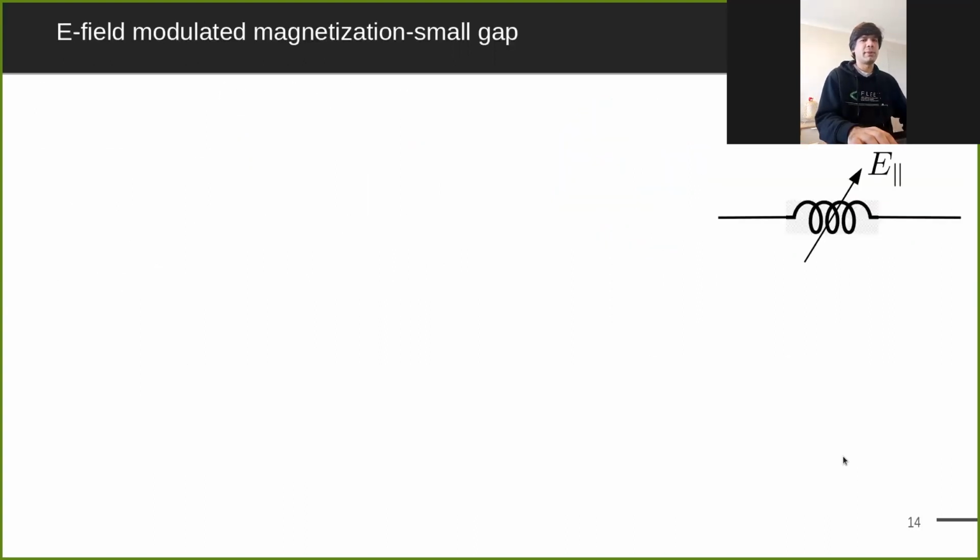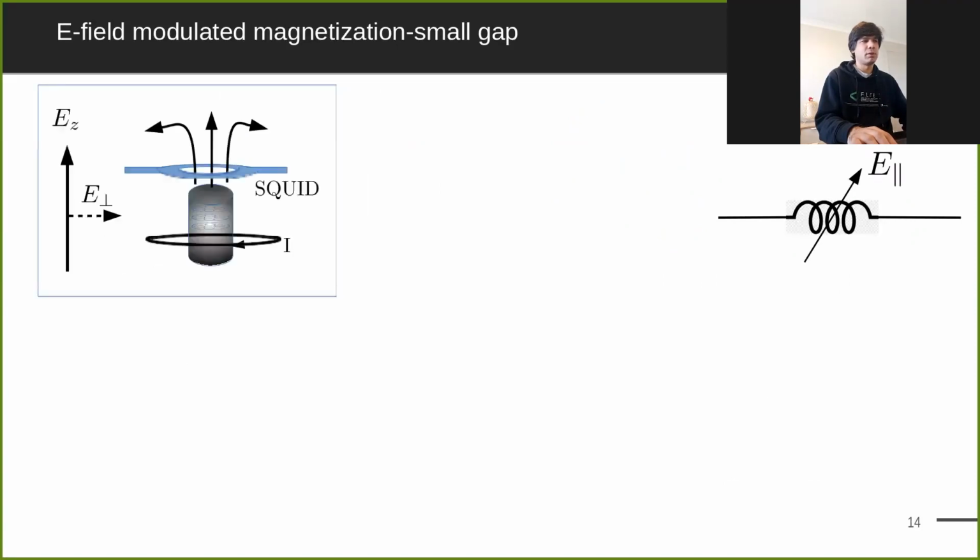Well, let's try to make an inductor from a Dirac insulator. Here is our inductor. You have a current loop. When you pass some current, you create a magnetizing field. This magnetizing field magnetizes the sample. You can measure this magnetization using a SQUID, a superconducting quantum interference device, which is extremely sensitive to magnetic fields. Now we find that when you apply an external electric field on top of the magnetic field,